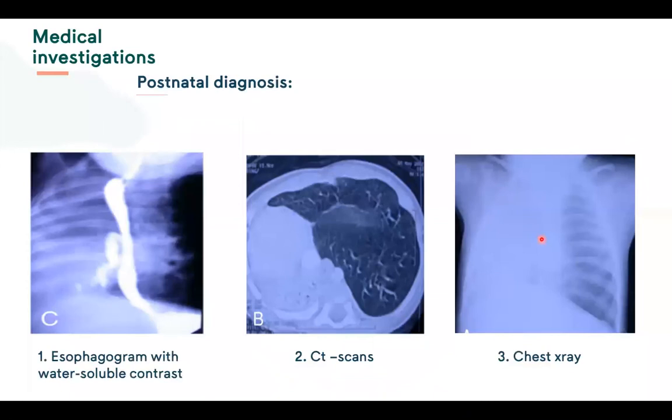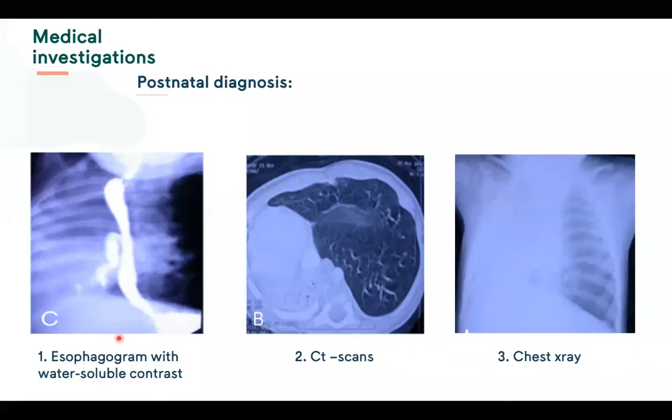Postnatal diagnosis. The investigation of choice to demonstrate the congenital abnormality is an esophagogram with water-soluble contrast, which is a series of X-ray pictures of the esophagus taken after a patient drinks a clear liquid, the contrast. The contrast then coats and outlines the inner wall of the esophagus so that it can be seen on the X-ray pictures. Like in this picture, a diagnosis of right